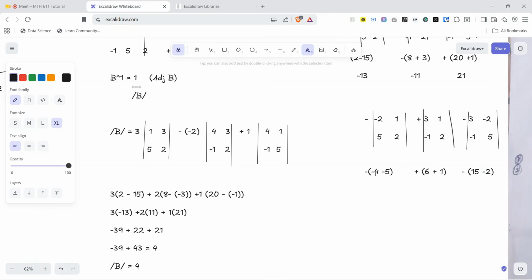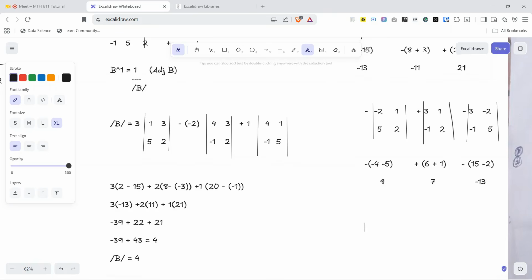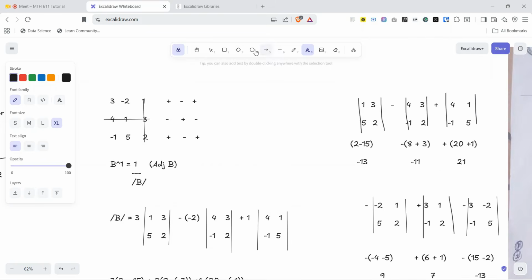So it means this would now give us minus 4 minus 5, that's minus 9. Minus 9 times minus, this would give us 9. This would give us 7. And then this will give us minus 13. Then we do the third one too. So for the third one,